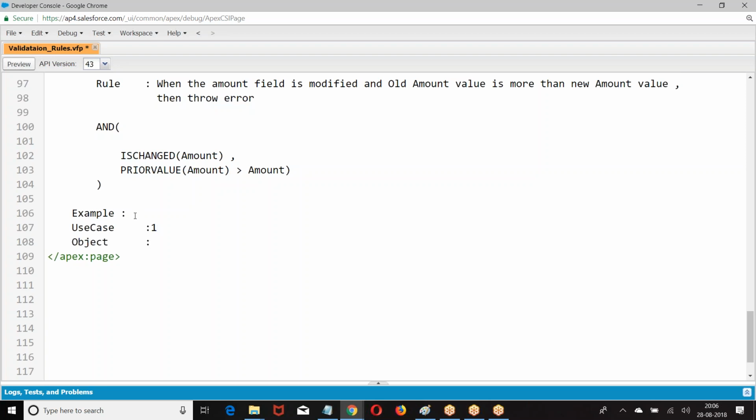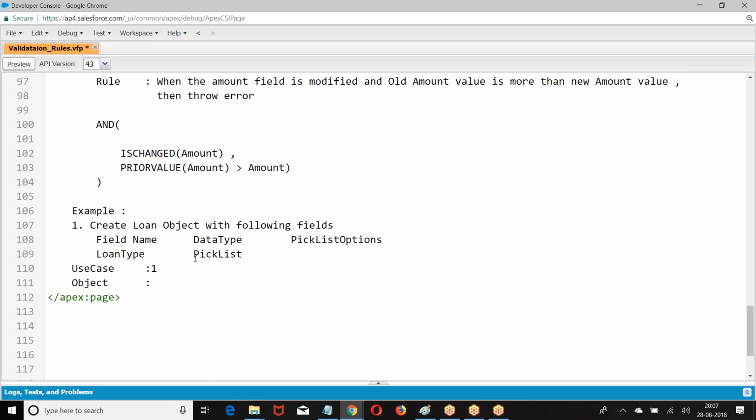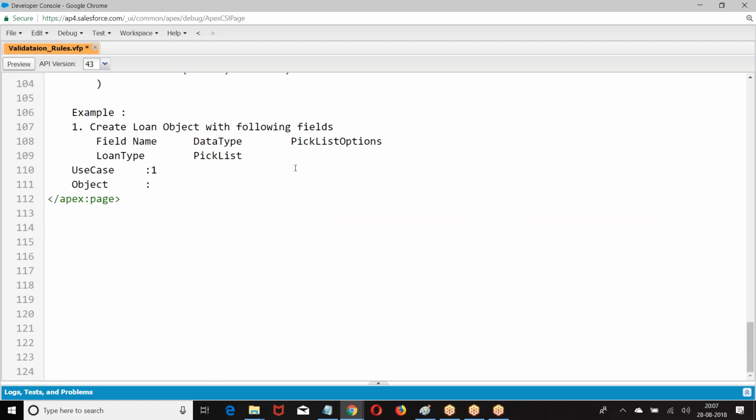What is the prerequisite for this? Create the loan object. Hold on. Ready.